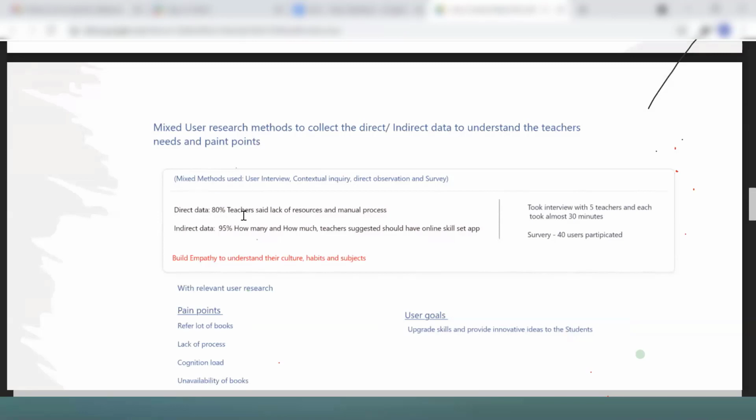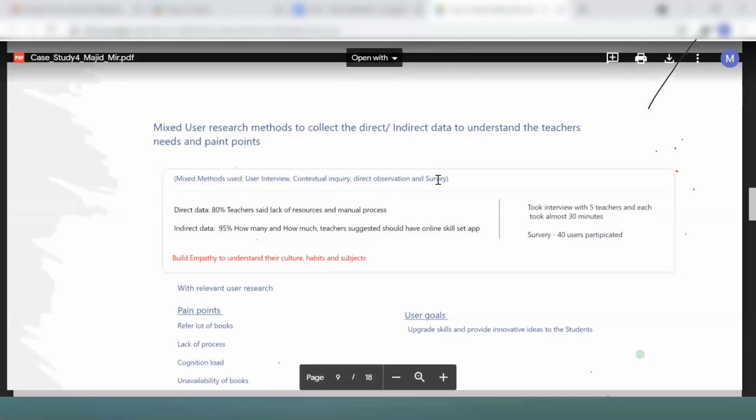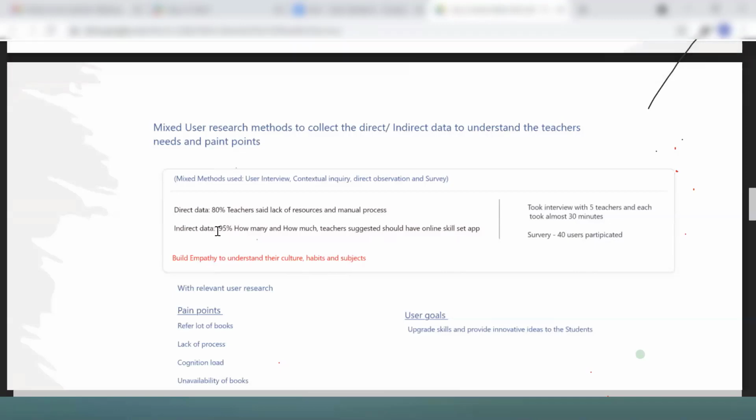So you need to basically ask plenty of questions to the user. You don't have to judge them, they don't have to feel that you are questioning them, you are basically understanding their behavior. So in the direct interview, I have used the mixed method, like user interviews, contextual inquiry, and direct observation. And for qualitative data in an indirect way, I have used the surveys. So in the survey, I had 40 users participating, and I got an answer that's a keyword. There are tools